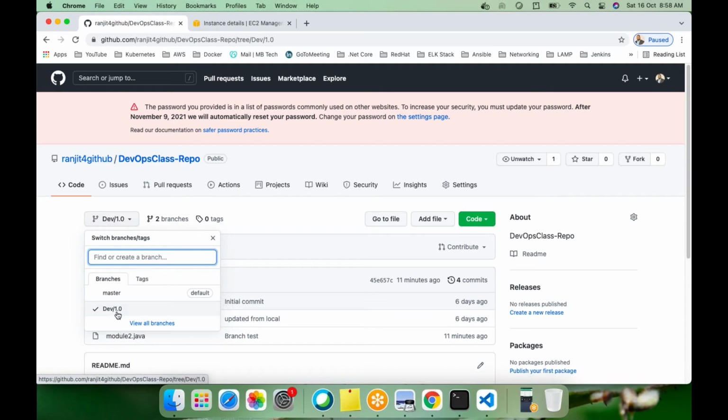So suppose tomorrow another person is coming, or you are going to work on this project. If you are going to work on a different module, then you have to take the success copy, the master copy, and work on a different module. But if you are going to work with the person who is working on the same branch, or on the same project or same module, what you have to do? You have to work on the working copy,